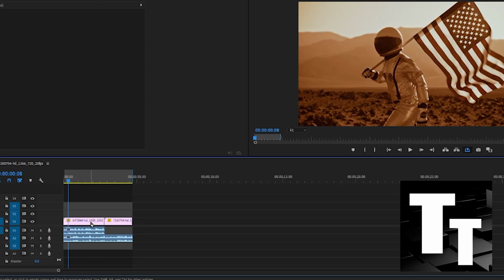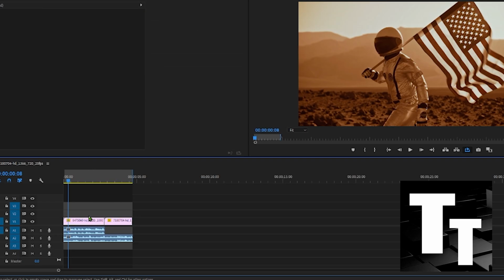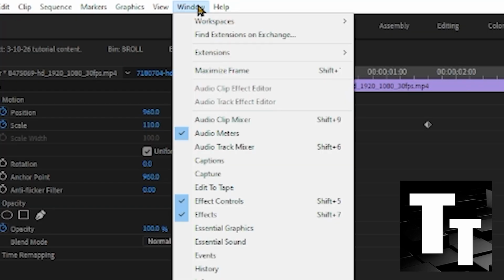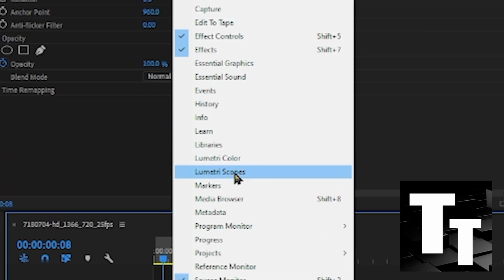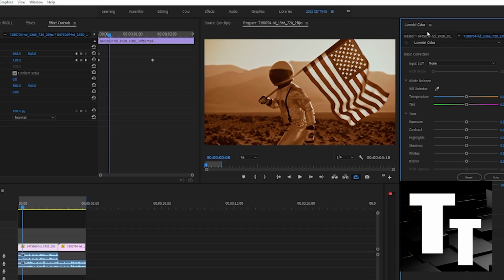Let's go. Let's say you want to access the color panel or the color correction via the adjustment layer. It's quite simple. As you can see, we don't have the color correction panel. Go to Window in the top left hand screen, scroll down, and you can click on Lumetri Scopes or Lumetri Color. As you can see, the free adjustment panel or the color is right here on Lumetri Color in the top